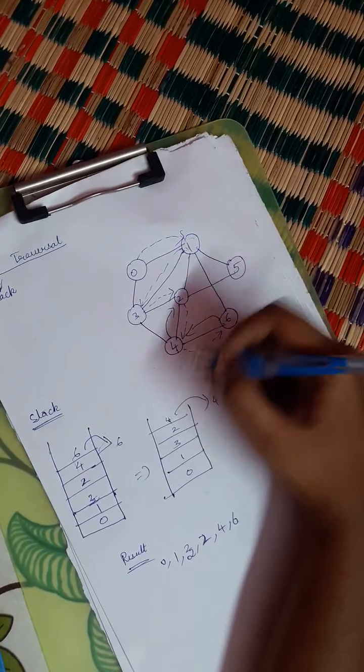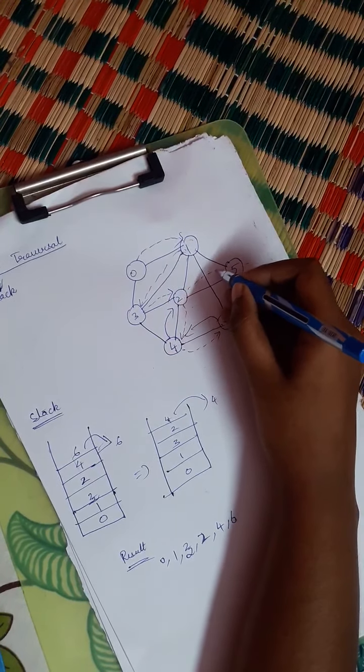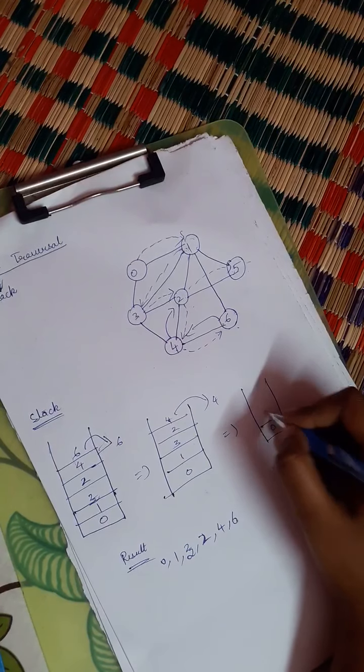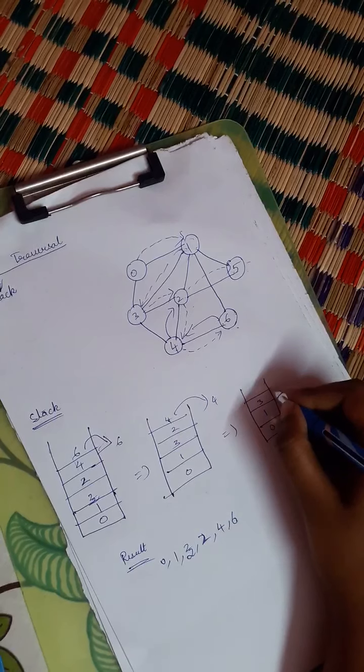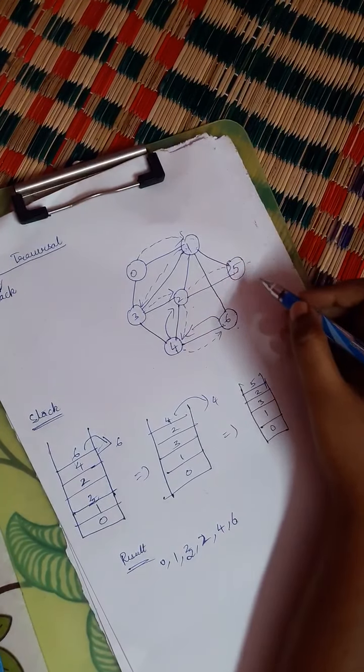Then from 2, is there a way to visit 5? Yes, there is a way to visit 5. So the graph will be like this: 0, 1, 3, 2 and 5. Okay, then again, so these